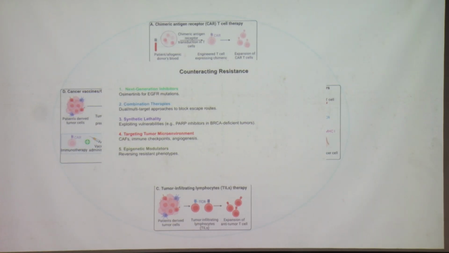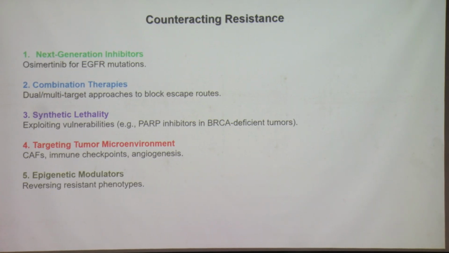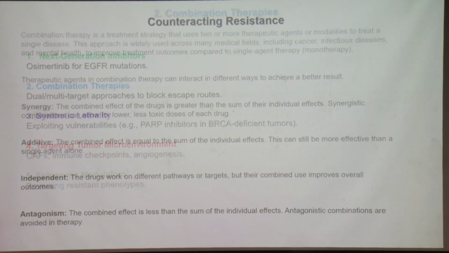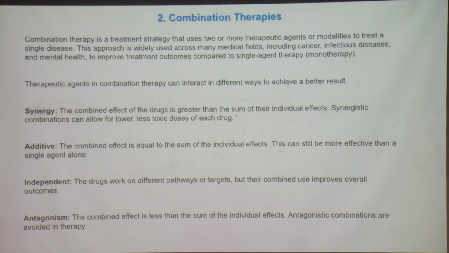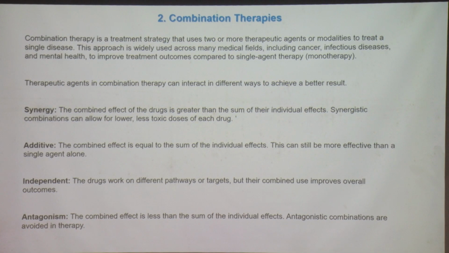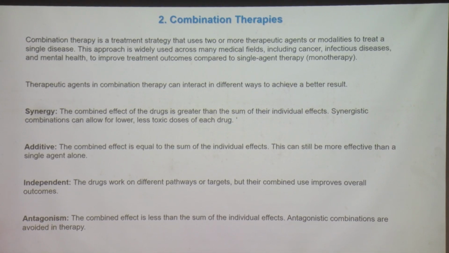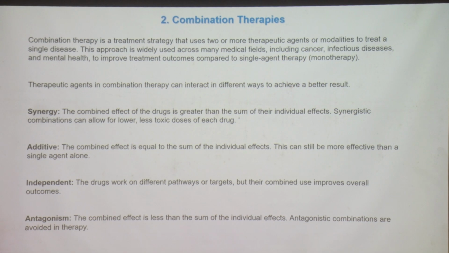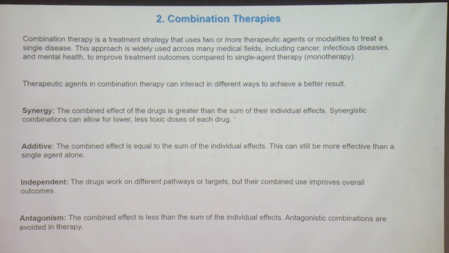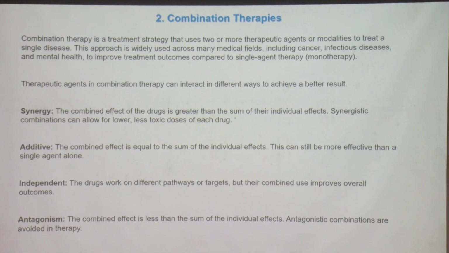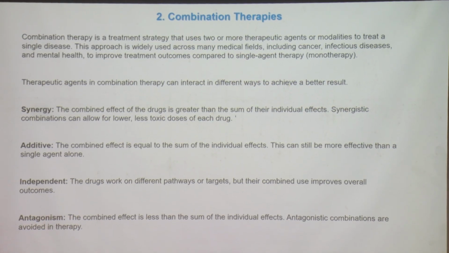Okay, now let's look at combination therapies. In combination therapy, it could be additive, like 1 + 1 = 2. So this is 5%, this is 5%, you combine, it becomes 10%. Great, better than 5%. Okay, it could be independent. So these two drugs don't work in the same pathway, but if you use them together, it's like